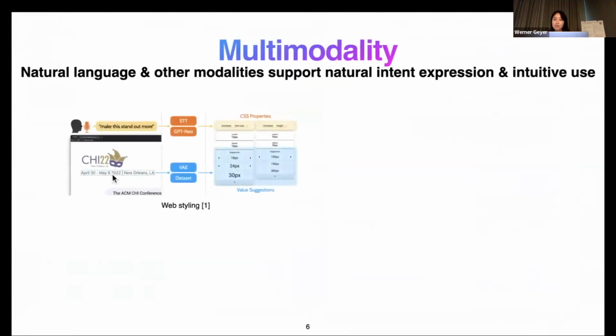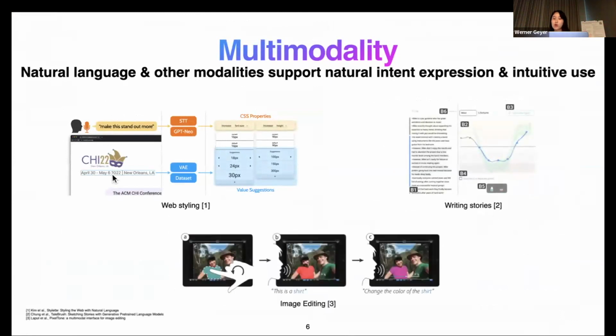Many of the existing papers which dealt with the natural language modality pointed out this ambiguity as a kind of problem, and they unanimously say that users should be able to revise the suggested AI-produced output. So that's why we provided explanations on why an edit was suggested from the user comment, and also users could manually edit